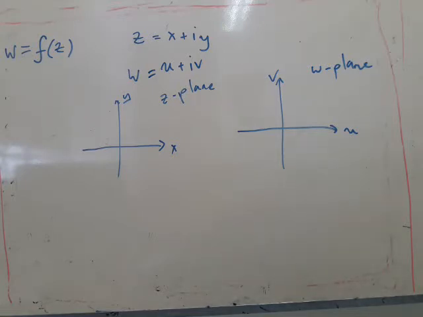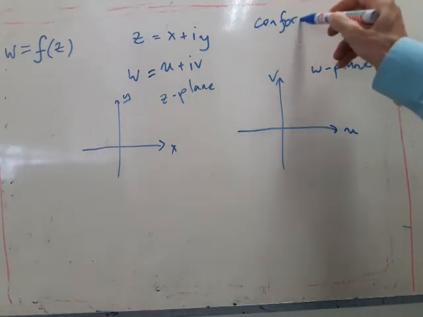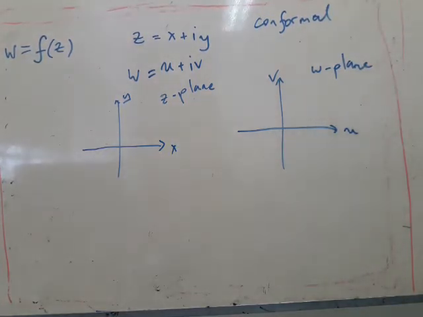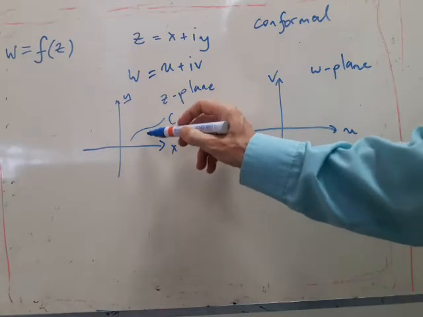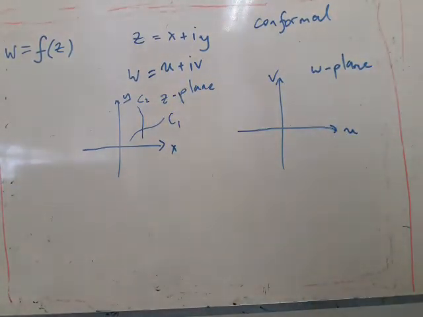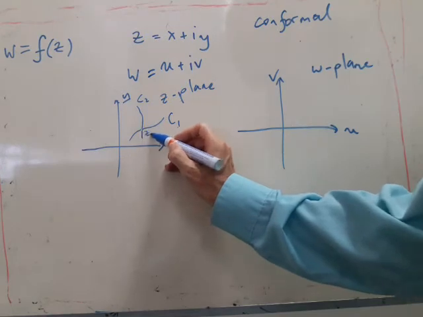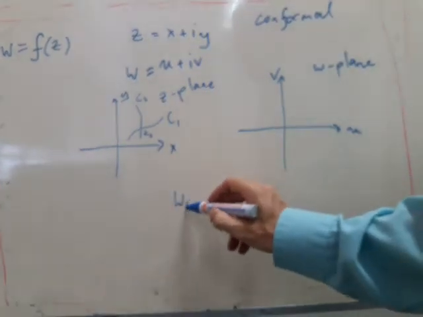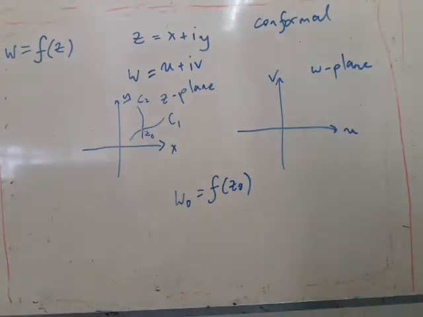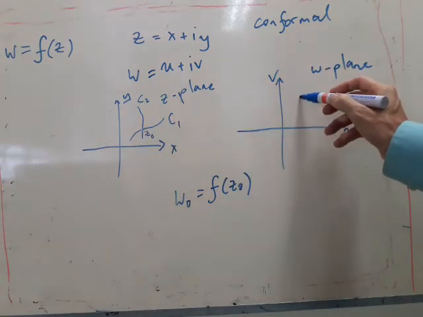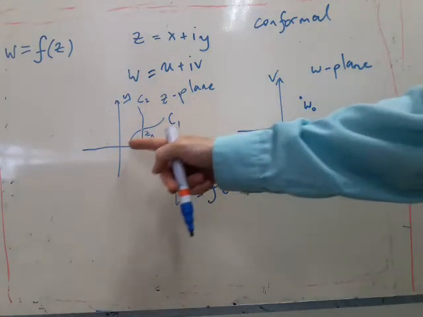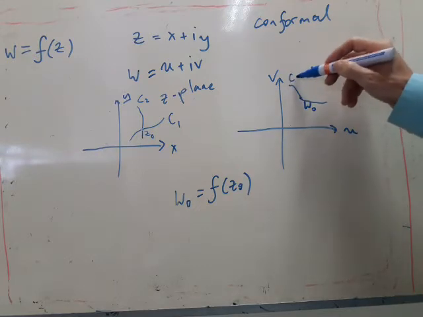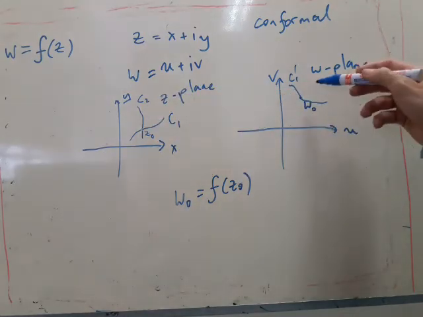So a map is said to be conformal if it preserves angles. So what do we mean by that? Well, suppose that you've got a curve I'll call C1 and another curve C2 in the z plane, and they meet at a point z0. And then we say that w0 is equal to f of z0. So the point z0 gets mapped to some other point w0 in the w plane. And that C1, this curve, gets mapped to some other curve. I'll write it as C1 dashed or something. And C2 gets mapped to some other curve,